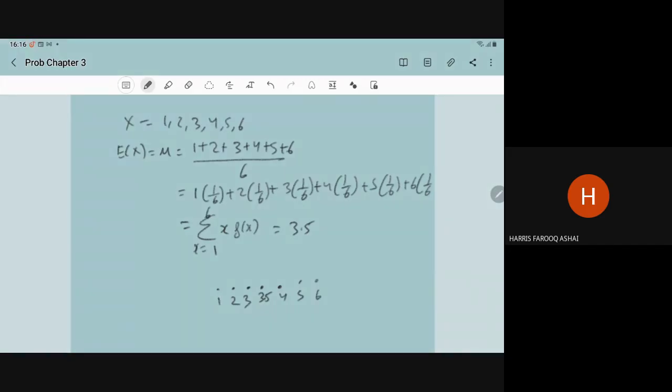the observed value, the possible values are distributed around the expected value. If it is a distribution, it is distributed around the expected value. This is the expected value. That is, for example, the average of the class test. So all the marks are distributed around the average. Some students have more marks, some students have less marks.